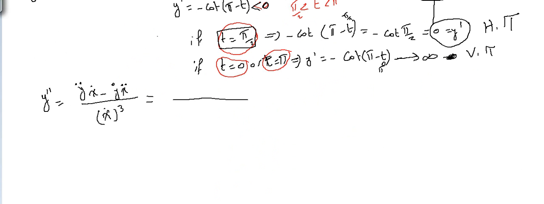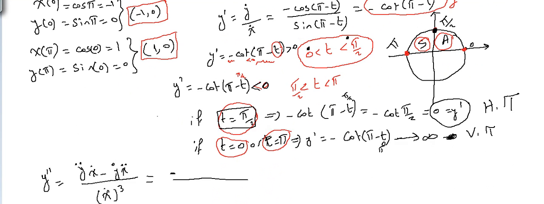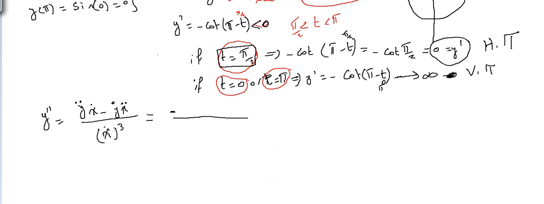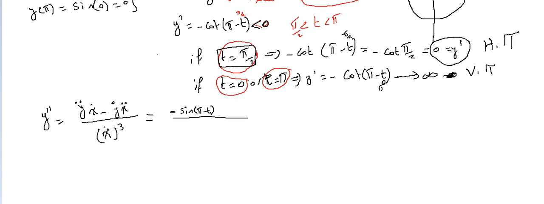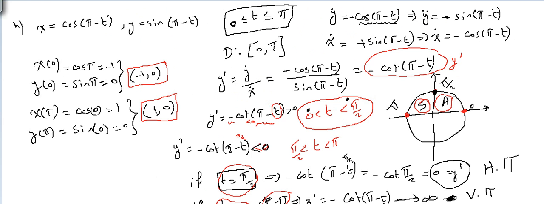The y double dot is minus sine pi minus t, minus sine pi minus t, times the derivative of x dot, which is sine pi minus t. This means we will have minus sine squared pi minus t, minus y dot, which is minus cosine pi minus t, multiplied